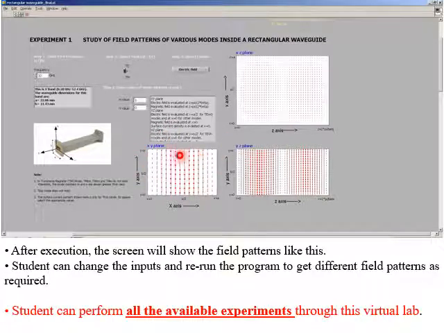So these are the field patterns in different directions inside the waveguide. So this is how a student can run his program or perform the experiment in his own PC or laptop.